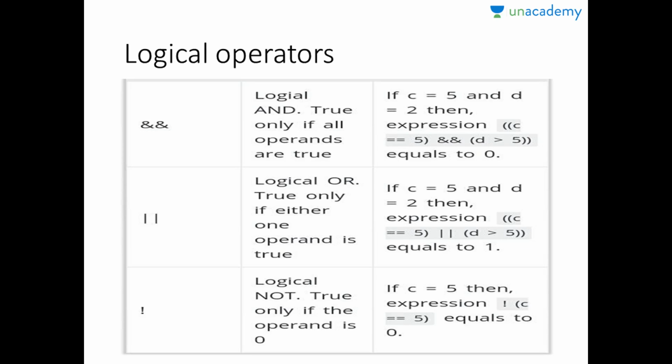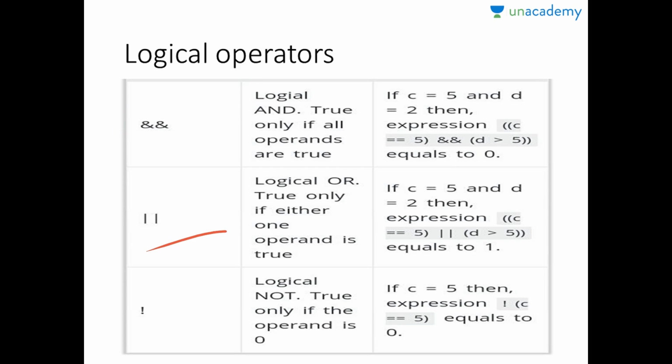So this is logical AND. It is used in between expressions. If both of the expressions are true, then it will return me true. For example, if I am writing 5 equal to 5 and 3 equal to 3, both of the expressions are true, so it will return me true. If I am writing 5 equal to 3 and, logical and, 5 equal to 5, this will return me false, return me 0.